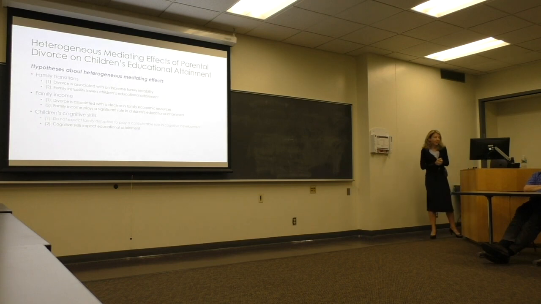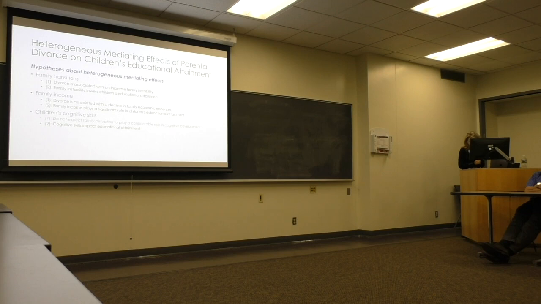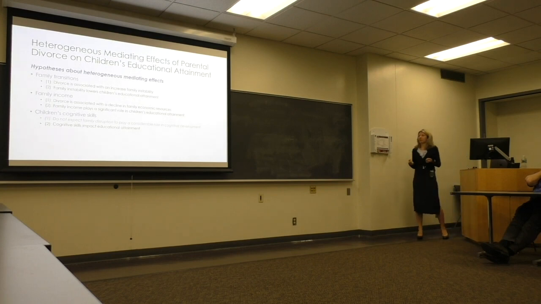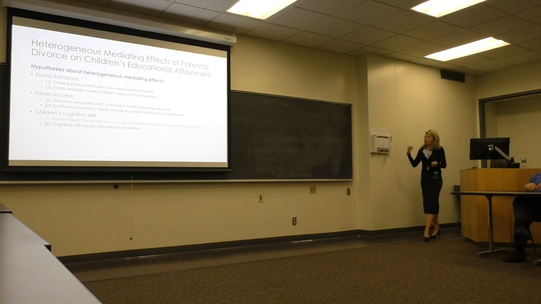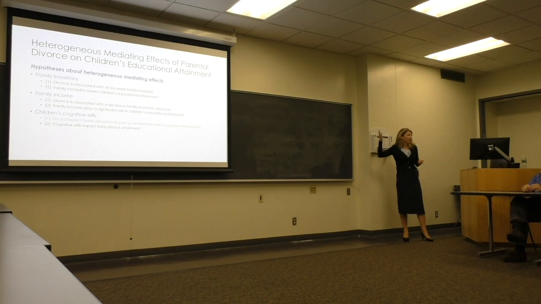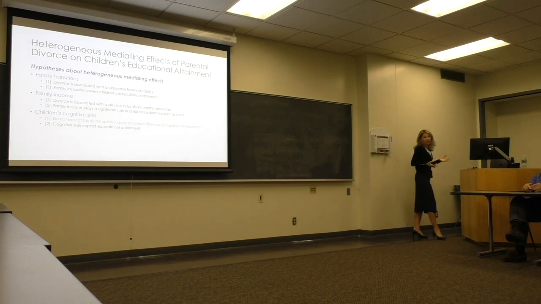For condition 1, the between-person variation in cognitive skills, we know from work in developmental psychology that it becomes relatively stable by early childhood. So we shouldn't expect family disruptive events to play a major role in cognitive development, at least beyond those early childhood years. We want to test that, but our hypothesis is that cognitive skills really shouldn't play an explanatory role in the effect of divorce on